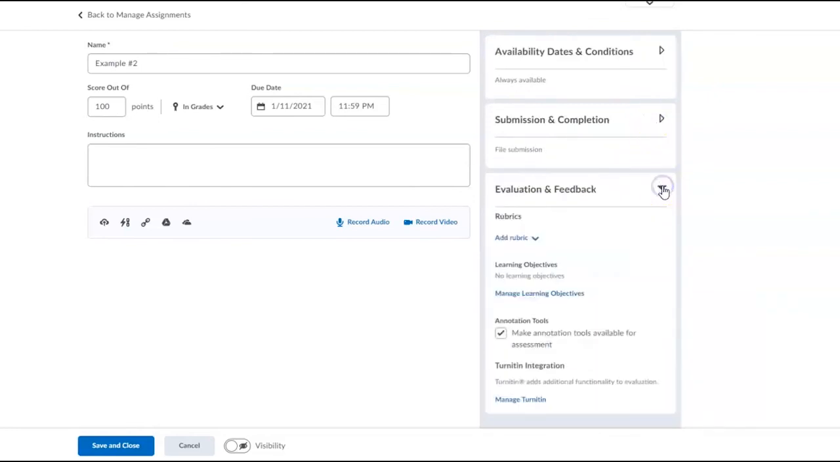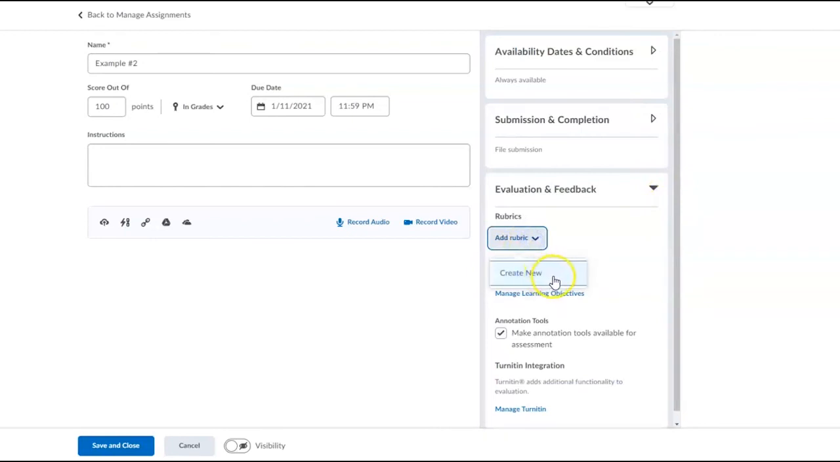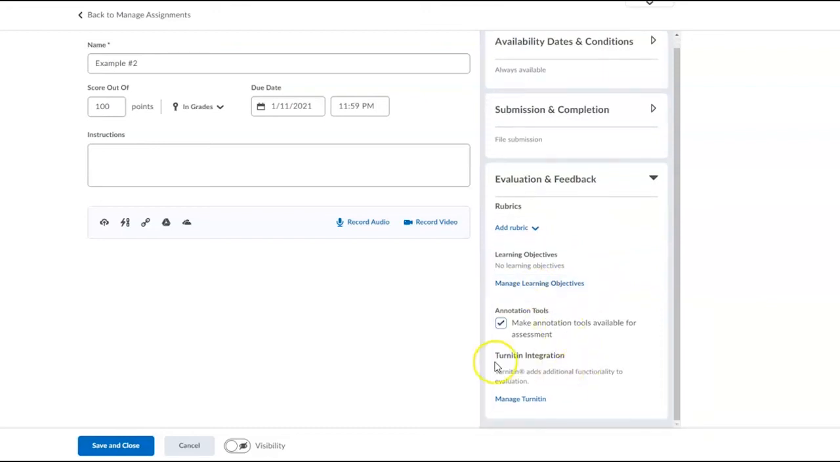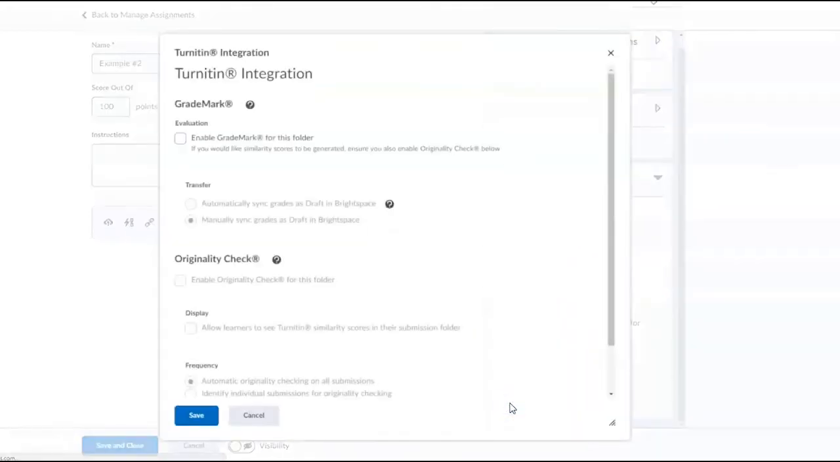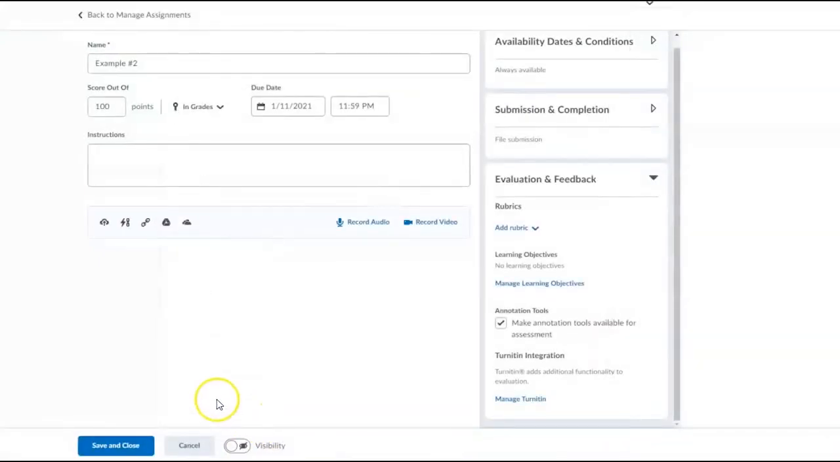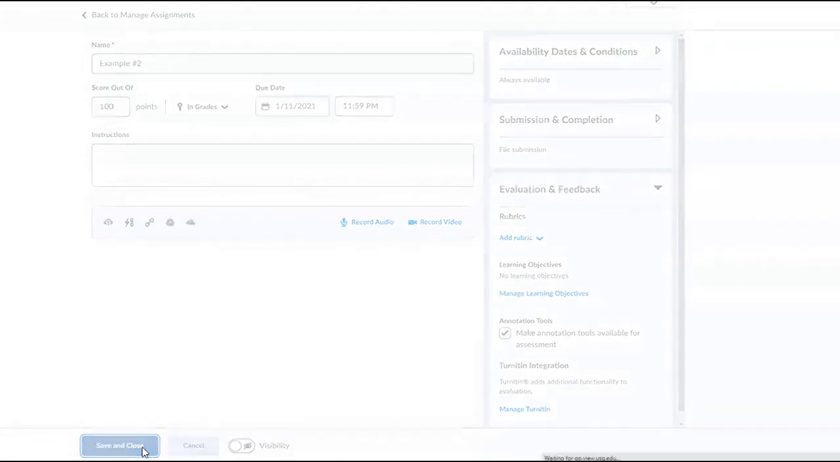Under Evaluation and Feedback, you have the opportunity to add a rubric. You can create a new rubric here, or tie to some learning objectives for your course. If you would like to use the Turnitin integration, you can click the Manage Turnitin button and use the selections there. Once you're finished with all of your settings, hit Save and Close, and it will bring you back to